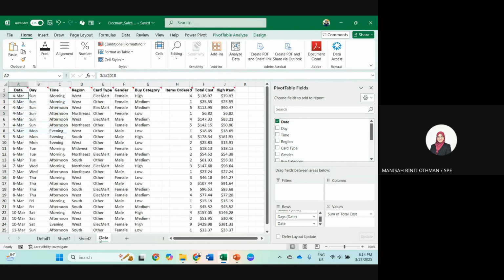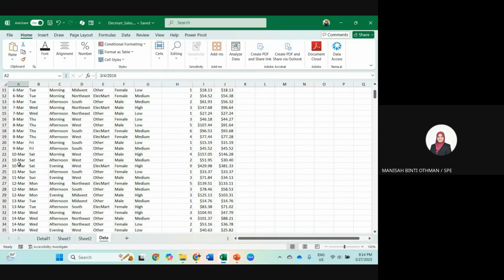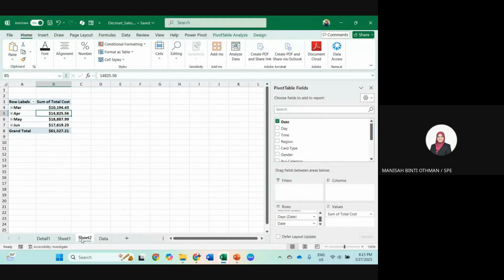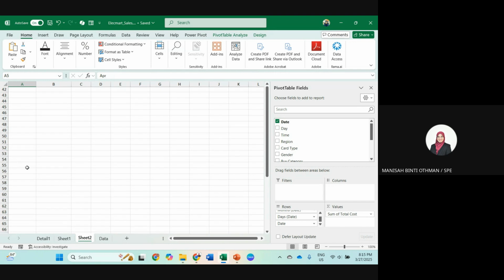Okay, but your data originally is like this. Okay, so if you have years, then years. Okay, quarter by quarter. If you have years, then you can create a quarterly for you. Okay, so the highest is years, then you can have a quarter. So it will group automatically based on this duration. Okay.